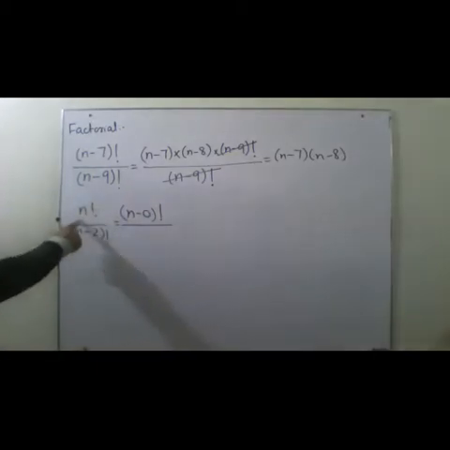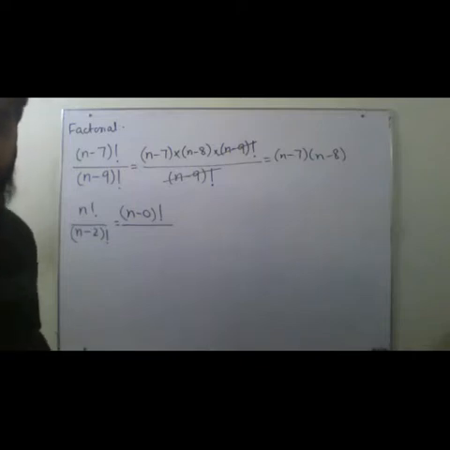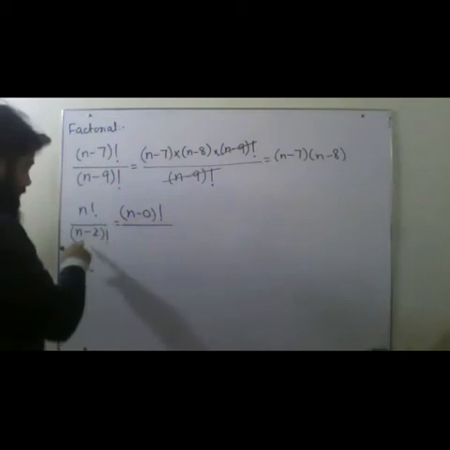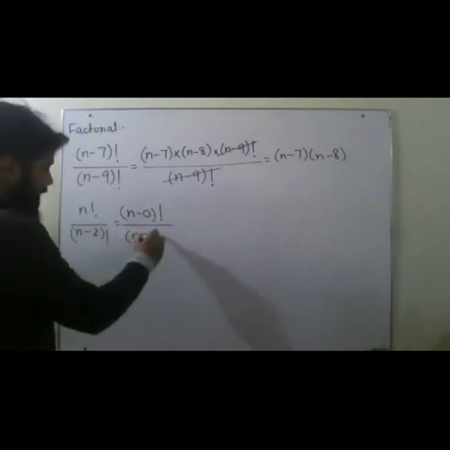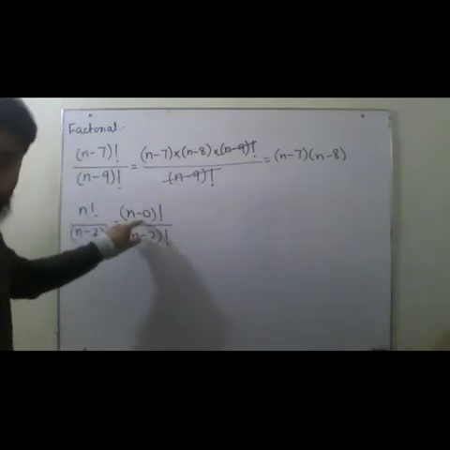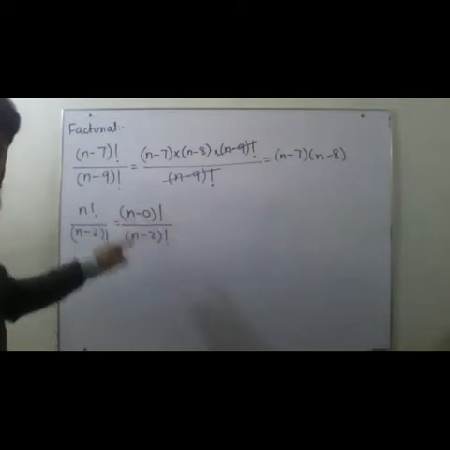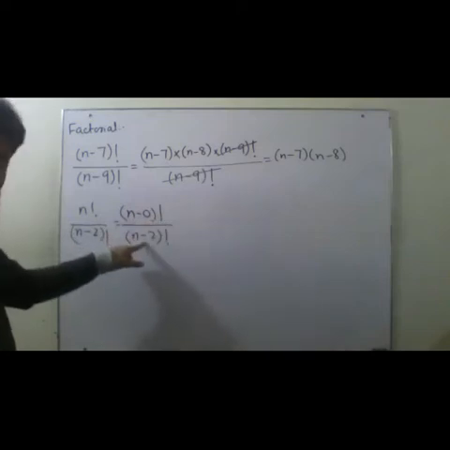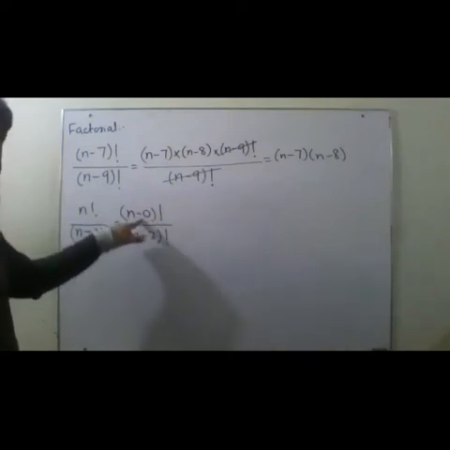N, which is written over here, if I have to write that in a subtraction form without actually changing anything, n minus 0 factorial, n minus 2 factorial. Now which one should I expand? The higher one or the lower one? Which one is having a smaller number subtracted? This one is having a smaller number subtracted. So I will expand this one. I will not expand this one. Because in this line, this will come. But in this line, this will not come.